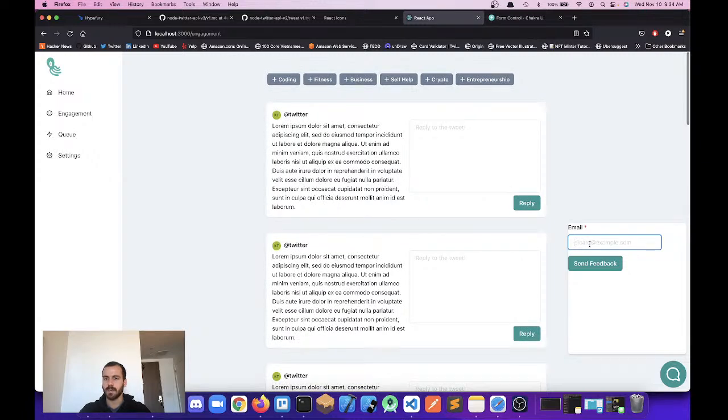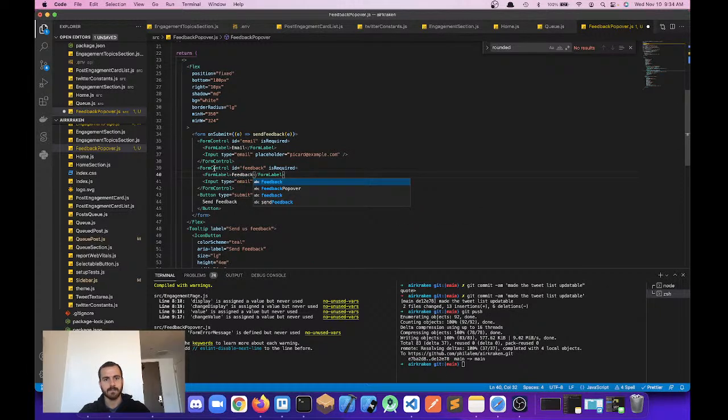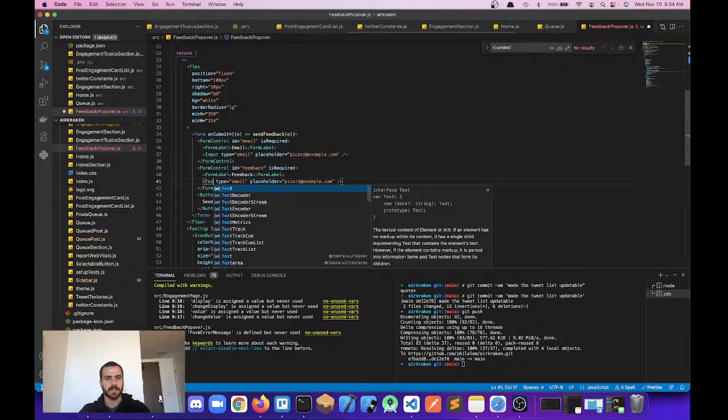So we have our email, and then we want a text area with our feedback, which is also required. And let's put our text area,